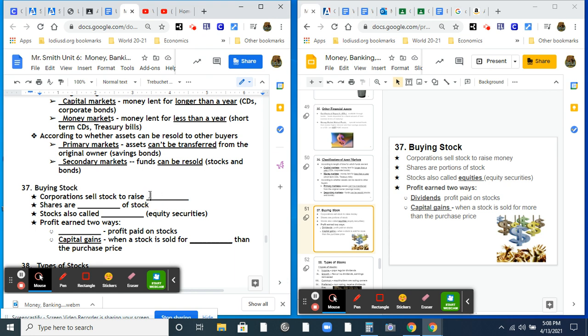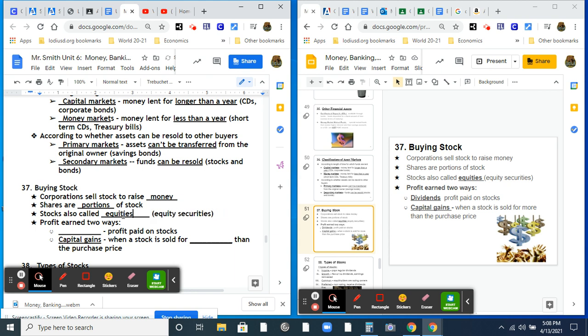All right, buying stock. Corporations sell stock to raise money. A good way to raise money. All you've got to do is say, "Hey, you can own some of my company because I'm offering this number of shares of my company for sale." A share is a portion of a stock. It's not even a full stock. A full stock would be a specific percentage of a company. So it's a share of a stock. So it's really a partial ownership. Stocks are also called equities